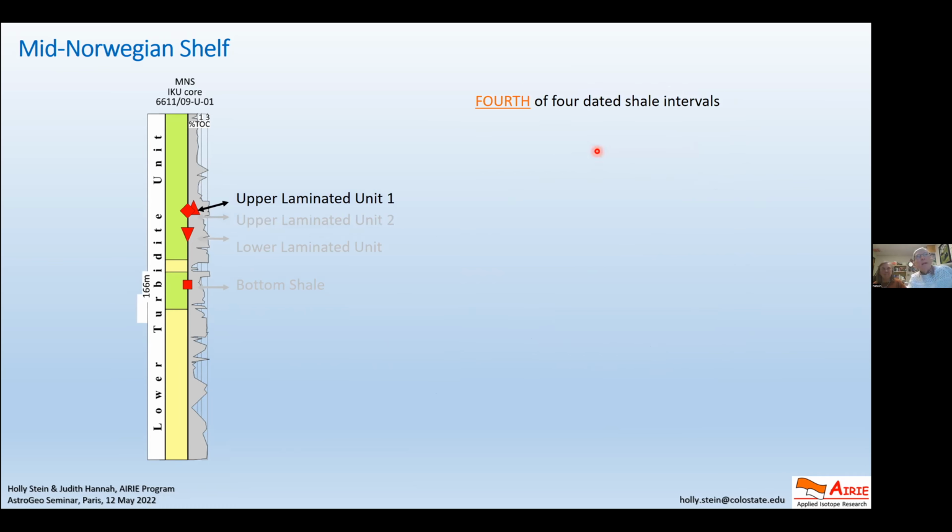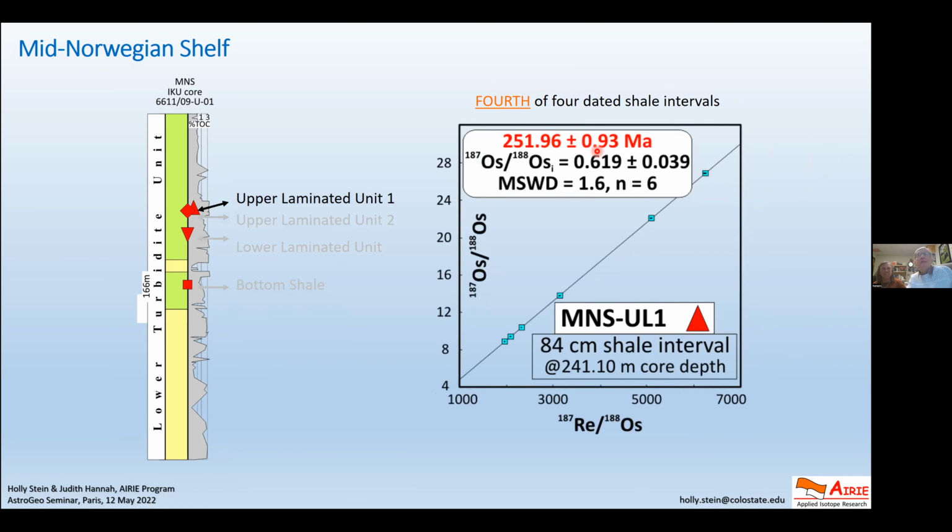And then last but not least, the fourth one, really nice, less than 1 million years. And again, most of that's the uncertainty in the decay constant. You take that out and we're talking about really measuring at a couple 100,000 years error. Nice fit, all points fit the line.